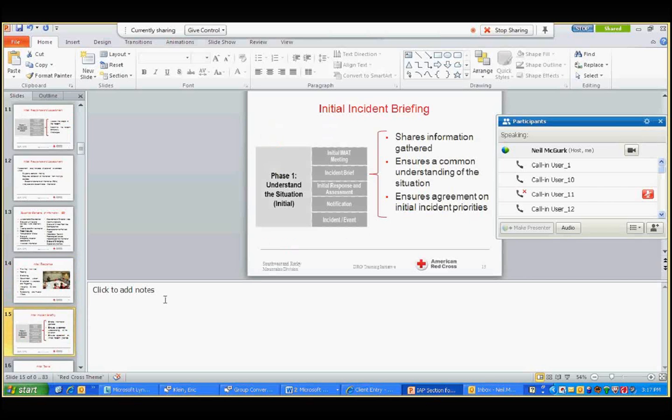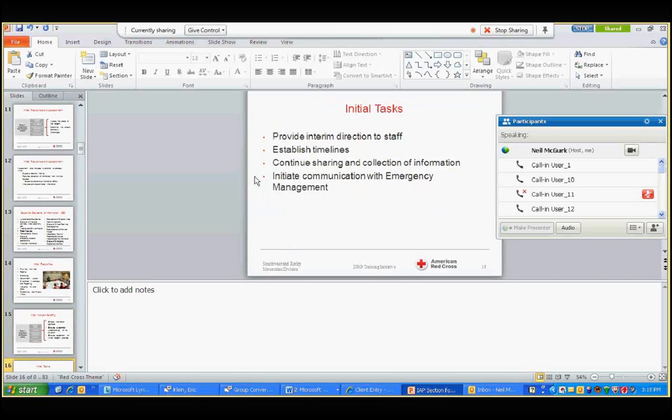And then moving to the initial incident briefing. And the initial incident briefing can be, as mentioned in the course, an email, it can be a phone conference call, but basically this is where you're sharing information about what's happened during the operation. Now, it should not be the first time you're sharing information. That goes down to notification, where you're notified and you're notifying other people of the incident. But this is where you're providing more broad information about more detailed specifics to the response. And then you're establishing initial tasks, and basically just review the slide here.